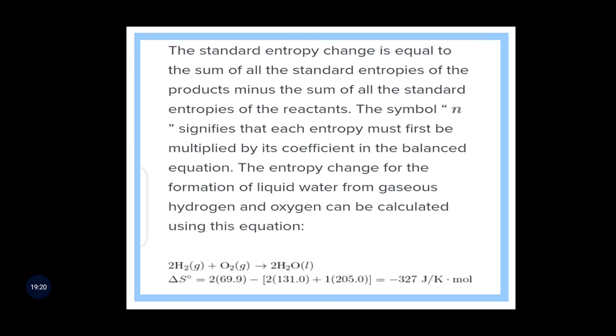So if you go back to the table, our previous table there, you discover that for water we have the entropy to be 69.9. So we multiply the 69.9 here by 2, then minus the addition of entropy of hydrogen and then entropy of oxygen. So the first one here is for hydrogen. Hydrogen in that table is 131. So we have to multiply by the coefficient, which is 2. Oxygen there is 205. So the coefficient of oxygen here is 1. So the addition of the two, you subtract it,